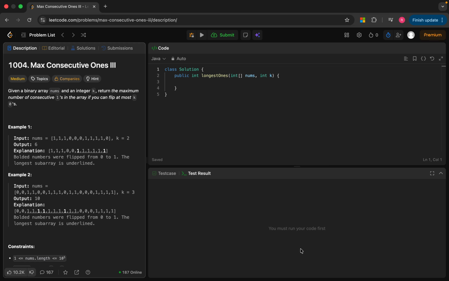So the idea is we will try every subarray, count how many zeros it has, and if zeros is less than or equal to k, we will update the maximum length. So let's initialize a variable n with the length of the given array, and a max length variable, initially 0. Now for each i,